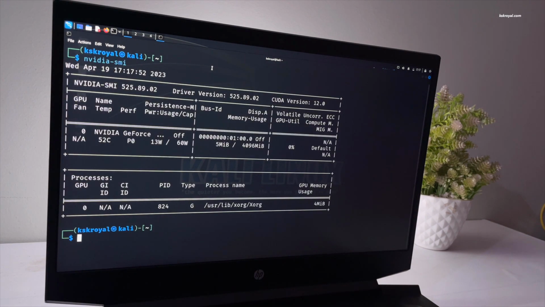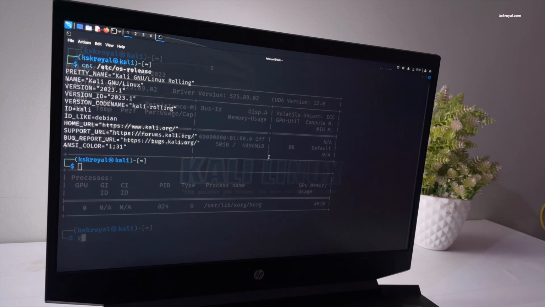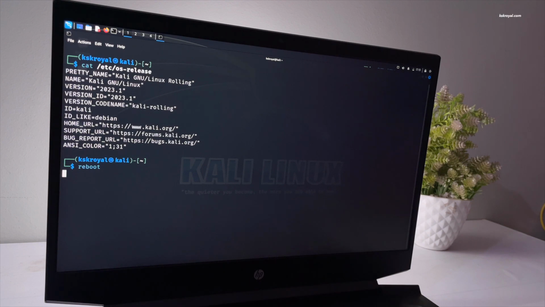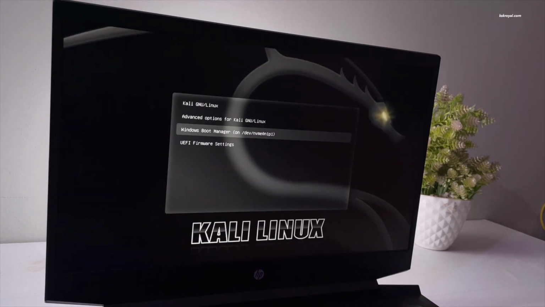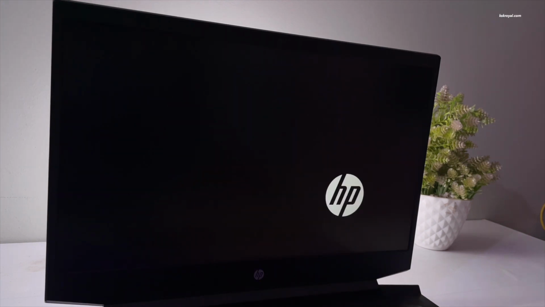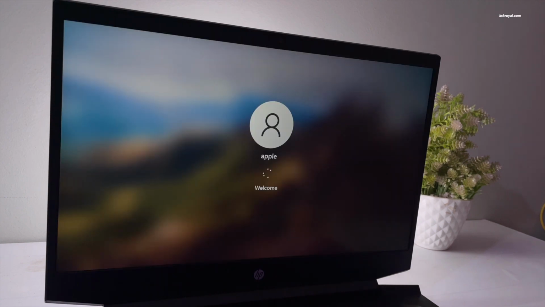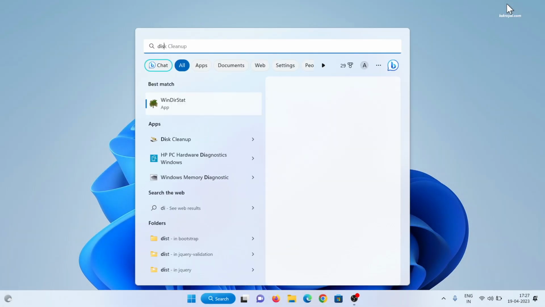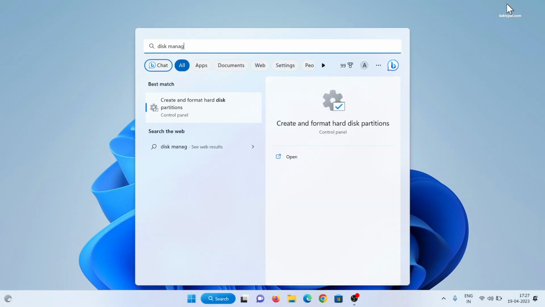That's pretty much it. This is how you dual boot Kali Linux and Windows 11 on any PC or laptop. As a bonus part of the video, if you don't like Kali Linux and decide to uninstall it, then reboot your computer or laptop back to Windows 11. Now open Disk Management by typing this command in the search menu.